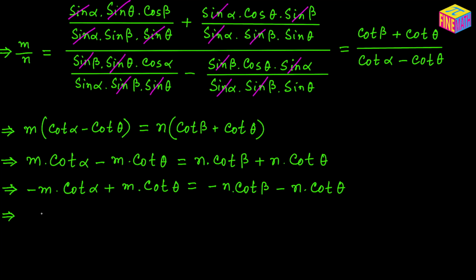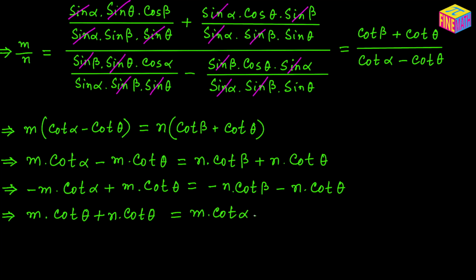So on the left hand side we are going to keep m times cotangent of theta, and then from the right hand side I am going to bring the n times cotangent of theta to the left hand side, so that will become positive n times cotangent of theta, and that will be equal to, now let's bring m times cotangent of alpha from the left hand side to the right hand side, so that will become positive m times cotangent of alpha,